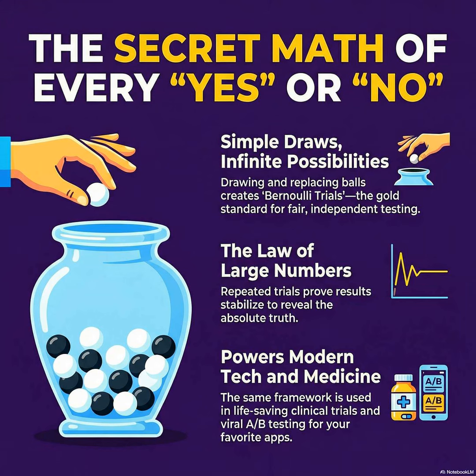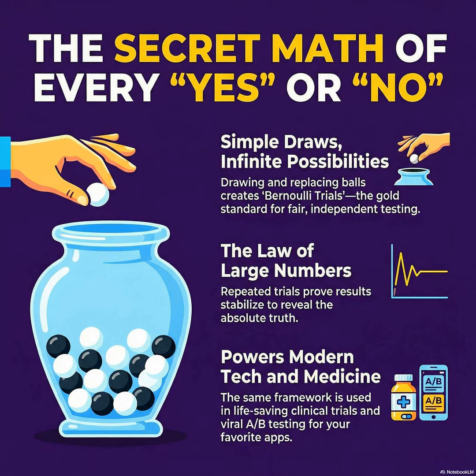So, okay, let's get into it. The mission for this deep dive is to see how this one idea, this urn, can model the whole world. So walk us through the mechanics. Okay. So imagine an urn, a big jar. It's filled with white balls and black balls. Simple enough. You reach in, you pull one out, and you note the color. Let's say white is a success and black is a failure. Got it. Now, here's the most critical part of the whole thing. You put the ball back in the jar.